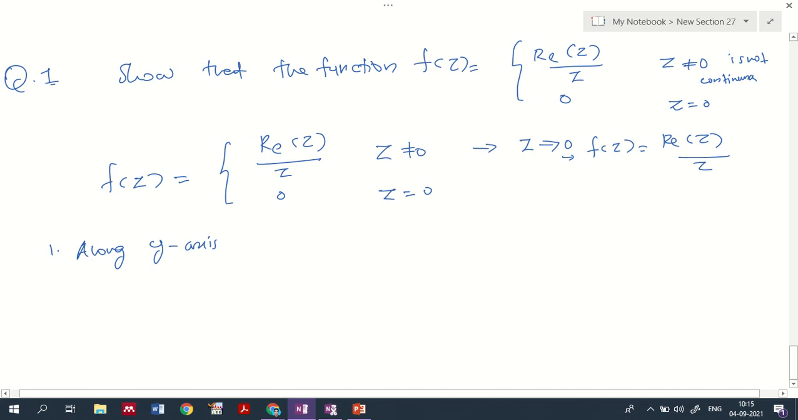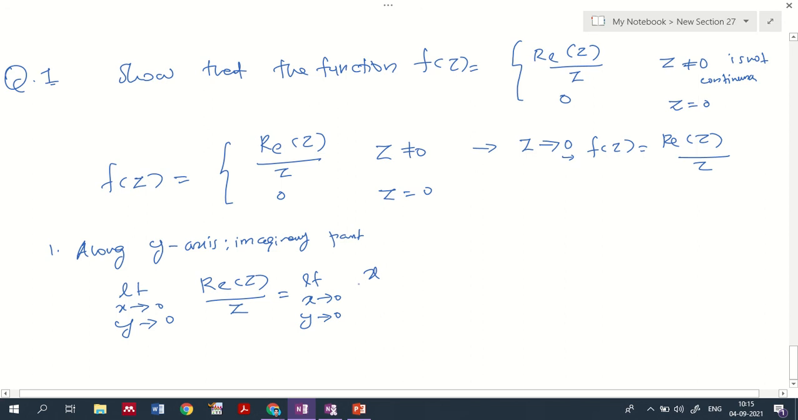So this will be the imaginary part we will be having. So limit x tends to 0 and y tends to 0, real part of z divided by z. That is equal to limit x tends to 0, y tends to 0, like we have done earlier. Here real part of z means only the x value will be there, right? x divided by x plus iy